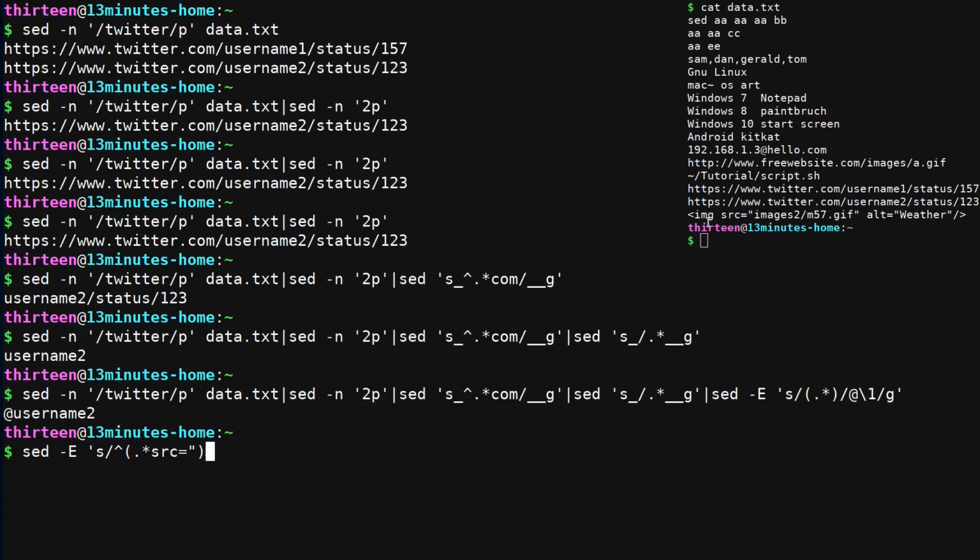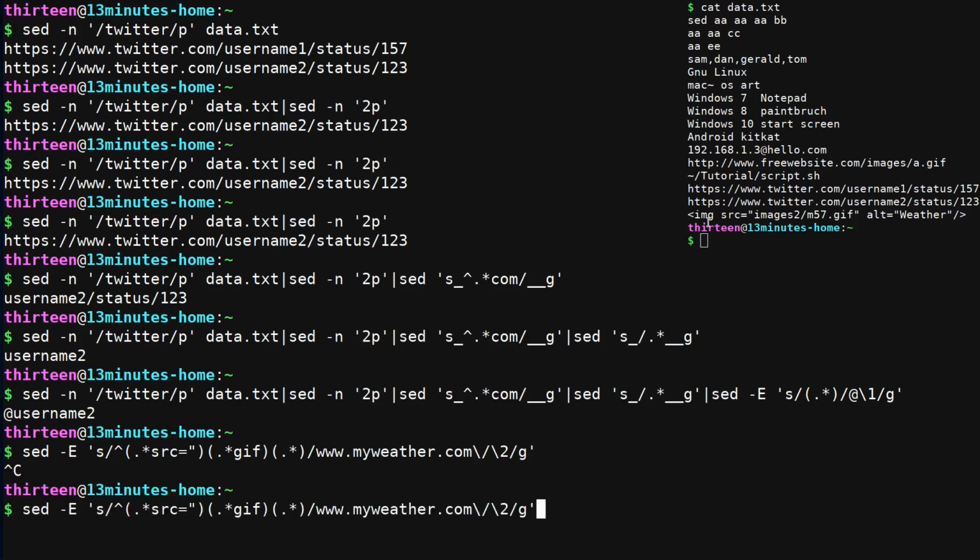I put them in one case, and then I will put .*gif, okay, and .*. Let me make it fast. My weather.com /2/g dot data